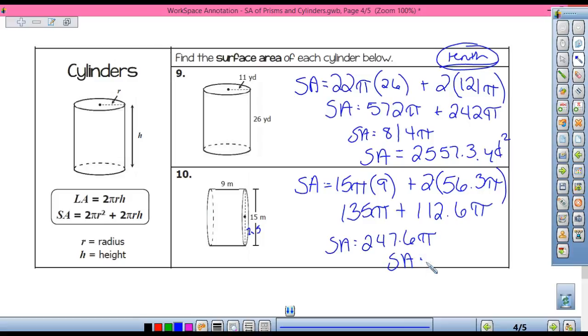Last thing you do is multiply it by pi. 777 point what? What do I label it as? Meters squared. Okay, so super horrible? No, not super horrible, but you have to be able